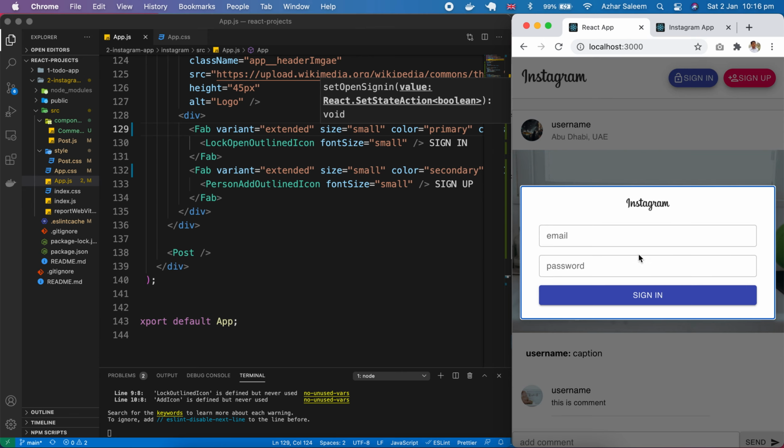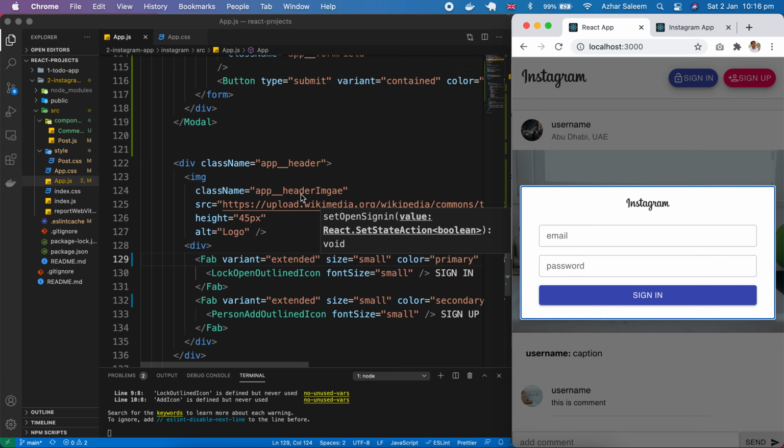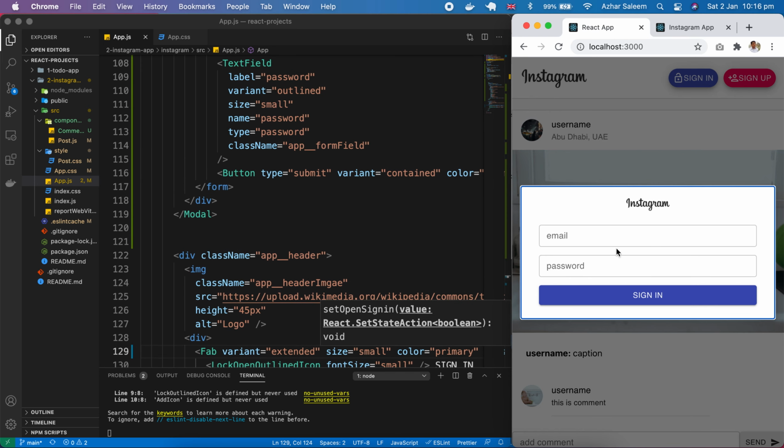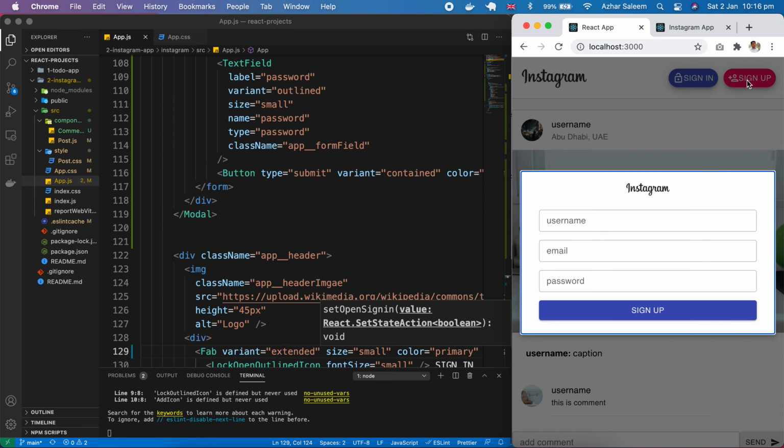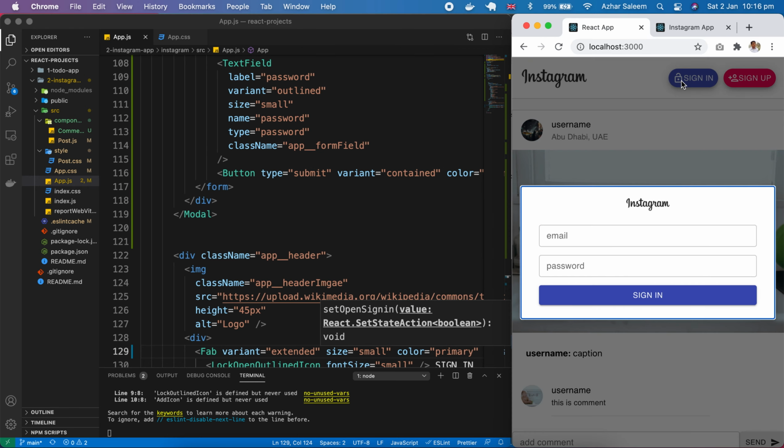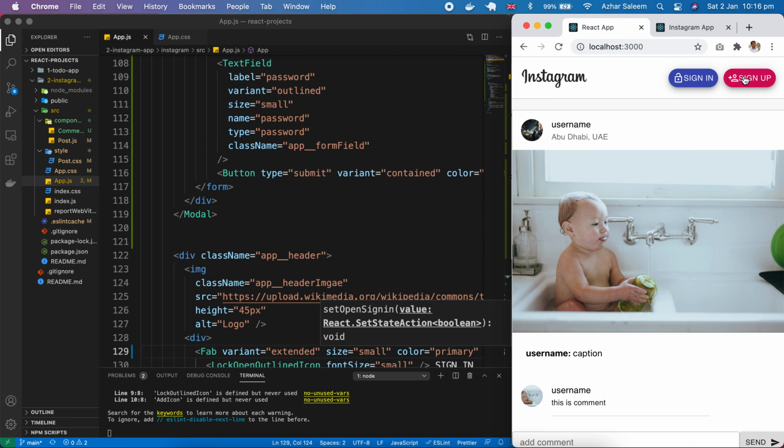We have here sign in form, because it looks the same as our sign up, and actually I just copied the sign up form and removed our username. That's it. It's the same designing, same CSS code, each and everything, and we design our sign in